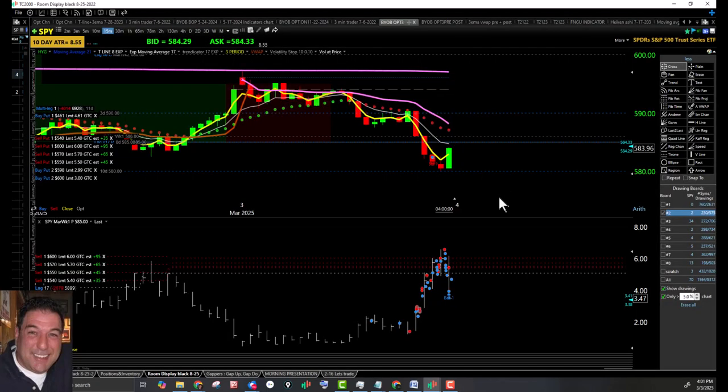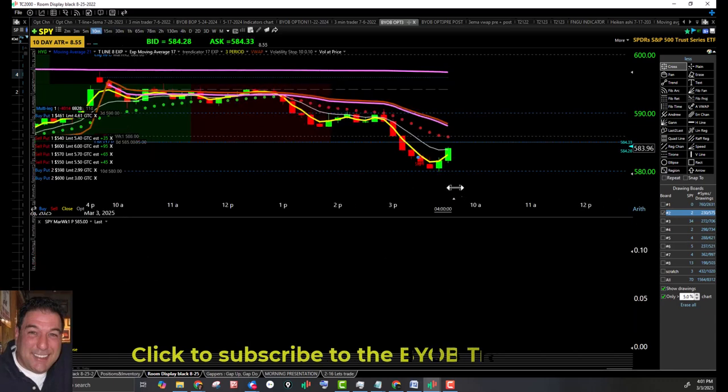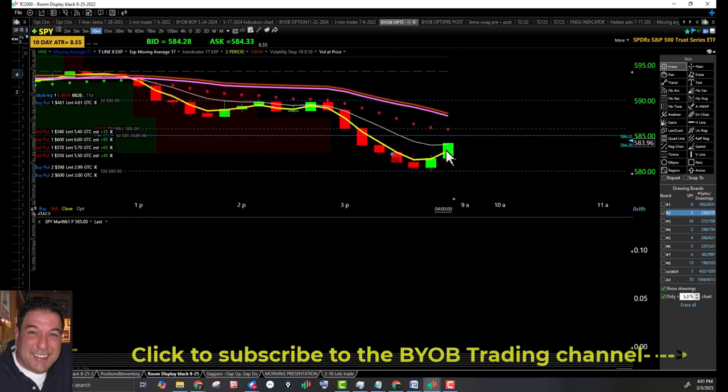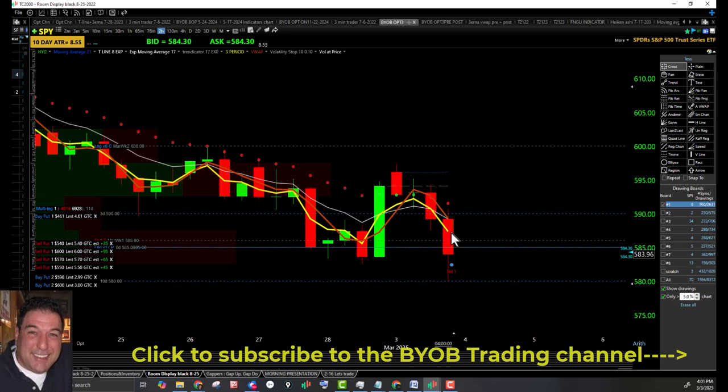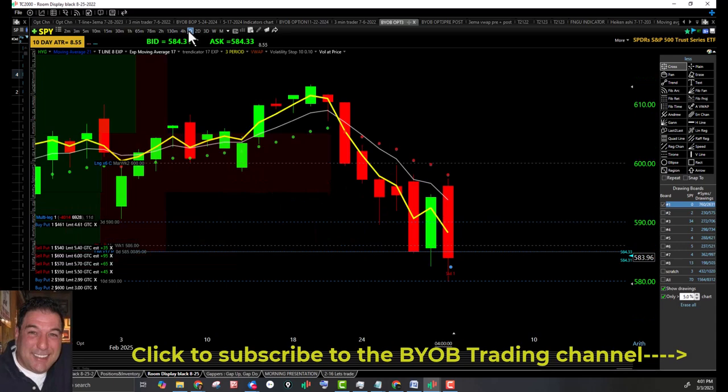All right, for SPY for today, 10-minute. You got a 10-minute downtrend coming into the close. On the 2-hour, we have a 2-hour downtrend coming into the close. On the daily chart,